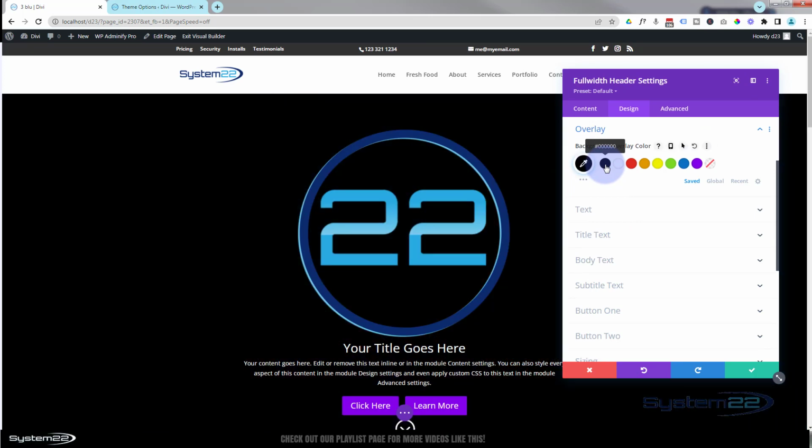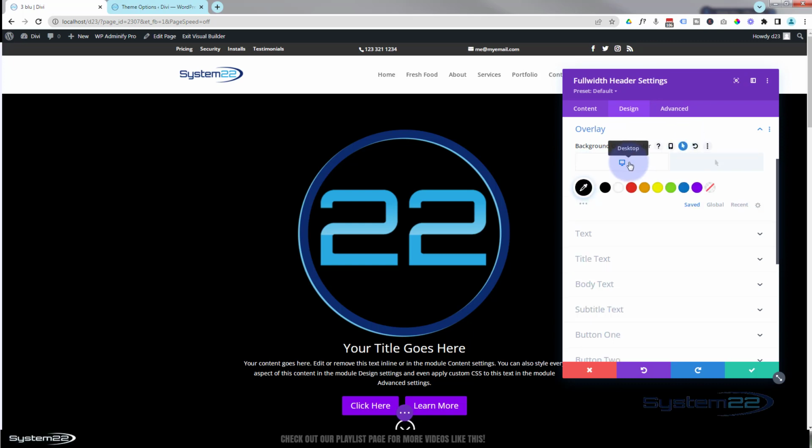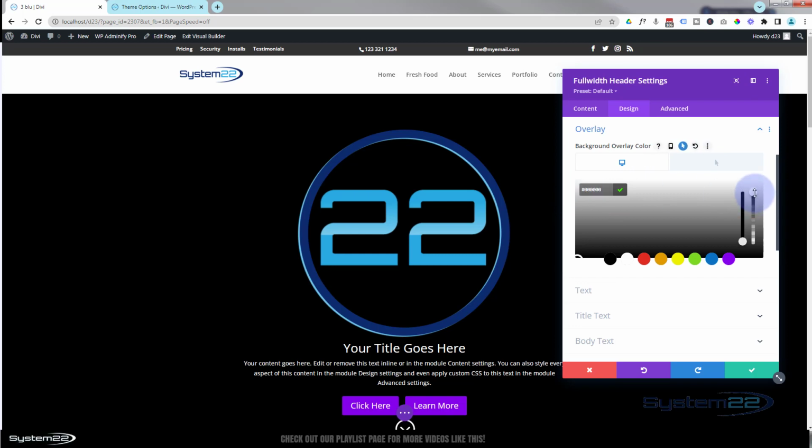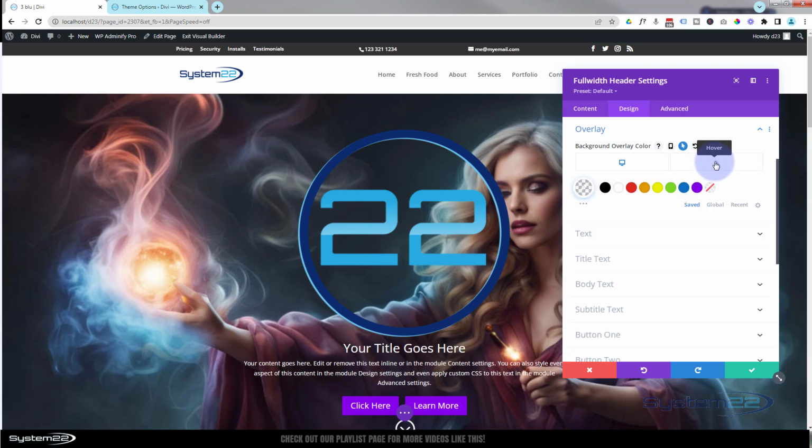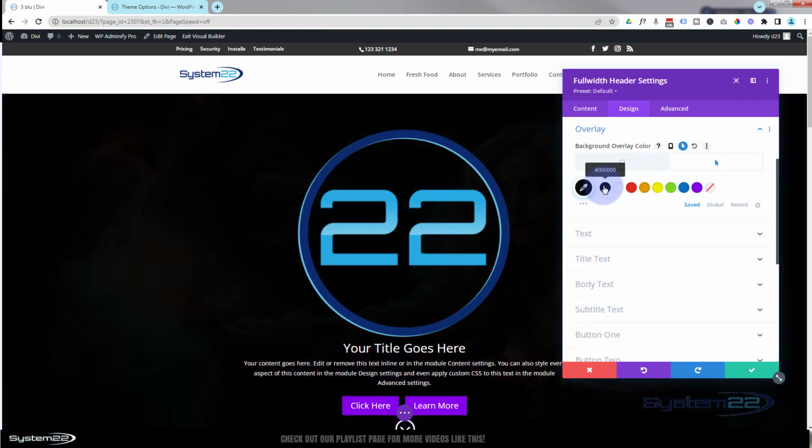Let's make it black. But of course I want to see everything. So I'm going to roll up over the dark writing. This is common to all Divi modules. If you roll over the dark writing, some little icons will appear. If there's a little arrow, we can set a desktop state. I'm going to click on the color there and bring that all the way down. Desktop state is when the mouse is not on it. And if we click on the little arrow up here, we can set a completely different color for the hover